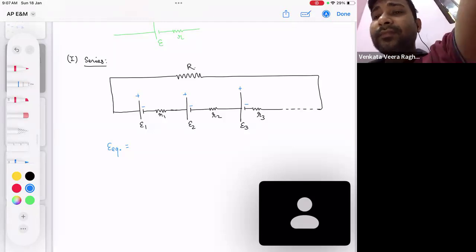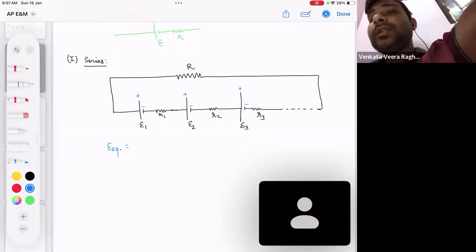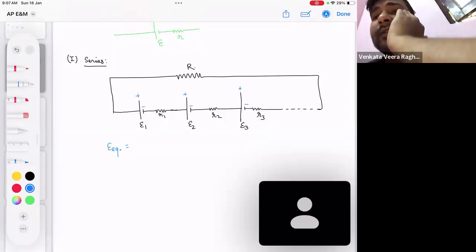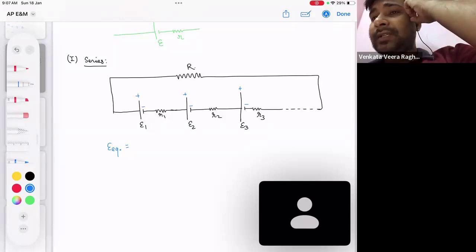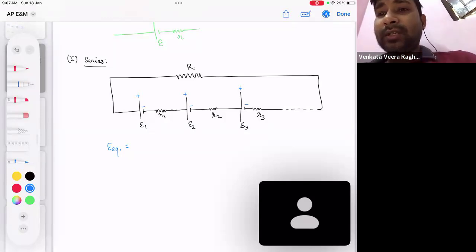One cell's positive-negative is connected to the other cell's positive-negative, and the same pattern is repeated. The first cell's negative terminal is connected to the second cell's positive terminal. When this kind of arrangement is there, the equivalent EMF will be